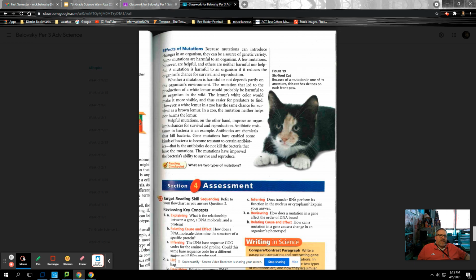Some mutations can be harmful. They can cause disease. And some mutations can be helpful. A good example of a mutation that became helpful was, now, people are going to argue about this one, but if there were dinosaurs that we have found that were starting to grow with feathers, okay, some of these creatures, most likely, these dinosaurs that started growing feathers, as time went by,